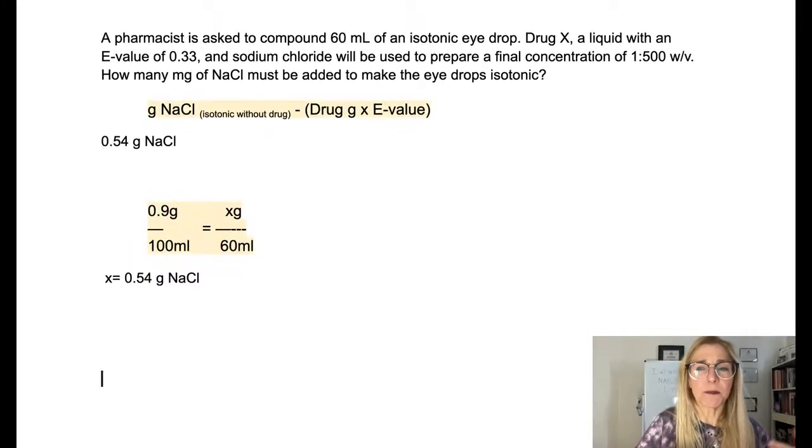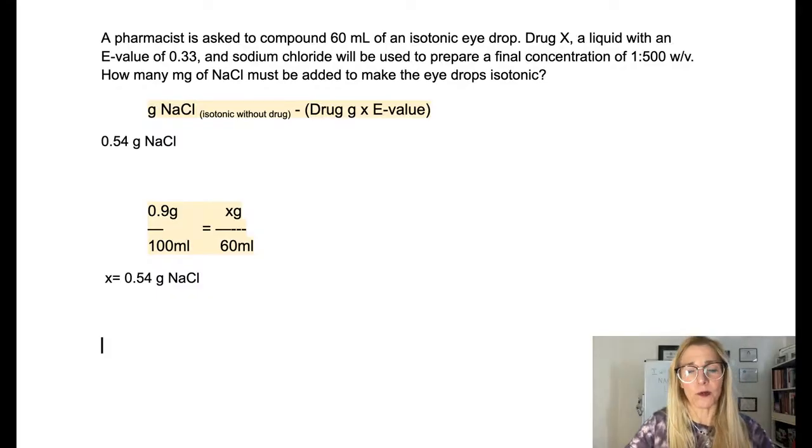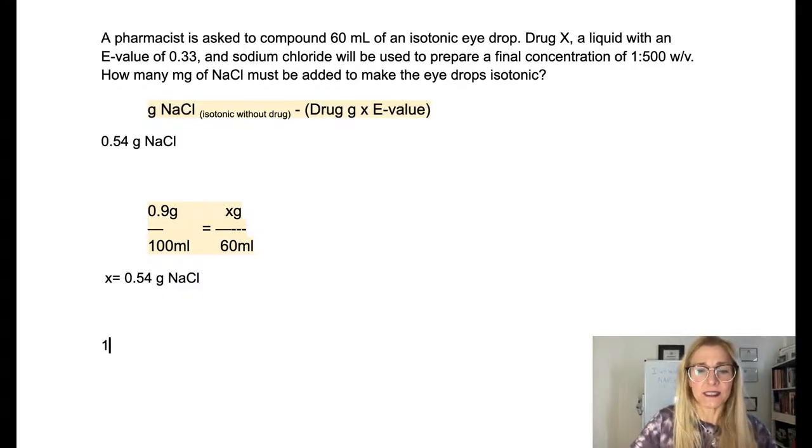So some people think that they always need to change ratio strength to percentage strength, and you simply do not need to do that. It's like taking an extra step. I wouldn't do it personally. Instead of writing 1 to 500, since it is weight per volume,